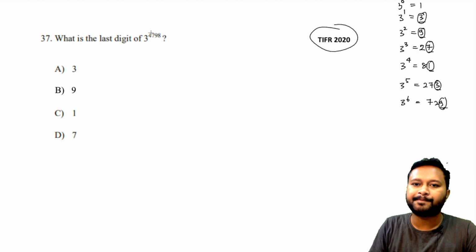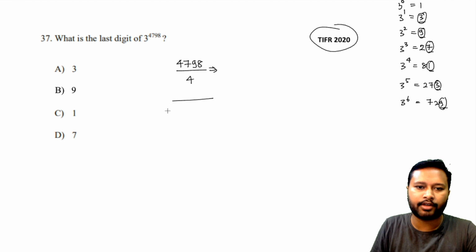So the power, you have to first of all divide it by 4. So what you have is 4798. Let's divide it by 4 in a very trivial way, how we used to do. One time it will cancel out, then you have 7, then 1 times you get 3, 39. So 9 times it will be 36. You get 3, and then you have 8. So again 2 times you get 8, and you are getting 2 as remainder.